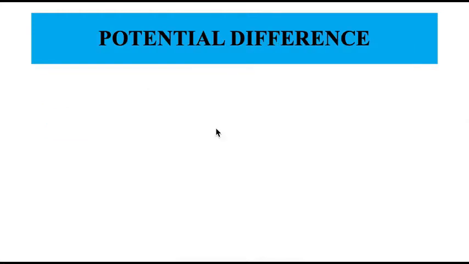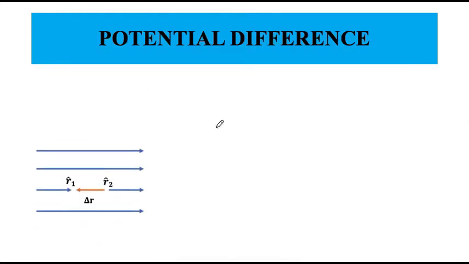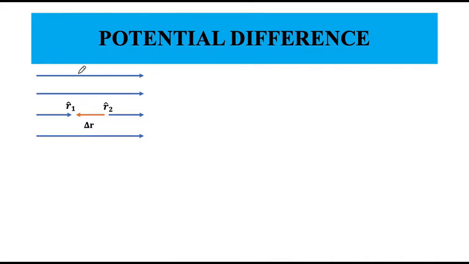Okay, you recall we had a uniform electric field in a given region of space, and over a small distance at least we can consider this electric field to be constant. Let the electric field be directed along a horizontal line to the right. Then I pick two points over here called R2 and R1. I will find out how much work is required to move a test charge from point R2 to R1. Please note that this movement is against the electric field.